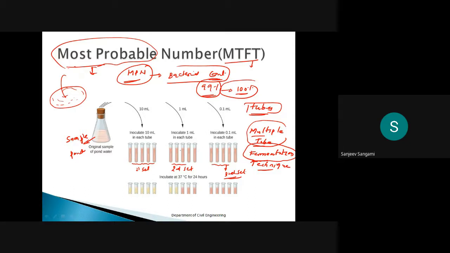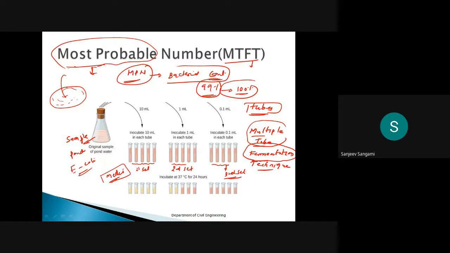Different media are available to confirm different types of bacteria. If you are targeting E. coli, the media is different. If you are targeting some other bacteria, it will be different. For all of these, fill up to 3/4 of all the bottles with media. Media is food for microbes. Remember, media is the food for the pathogens to grow inside.